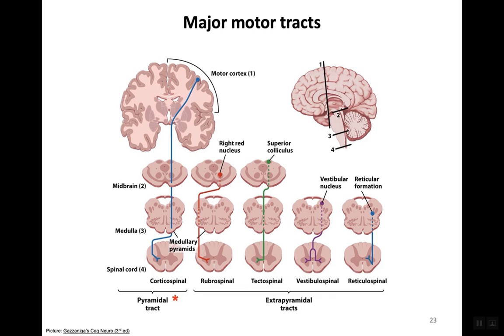Well, one is the rubrospinal tract, and you can think about it as a backup tract when the spinal cord is damaged. Then we have the tectospinal tract that is responsible for the head and eye movements. We have the vestibulospinal tract, which as the name says, is responsible for balance. And last but not least, we have the reticulospinal tract, which is responsible for muscle tone and also for automatic